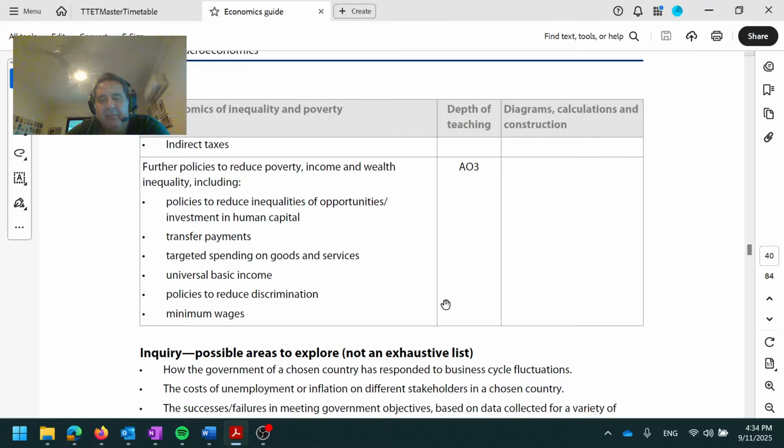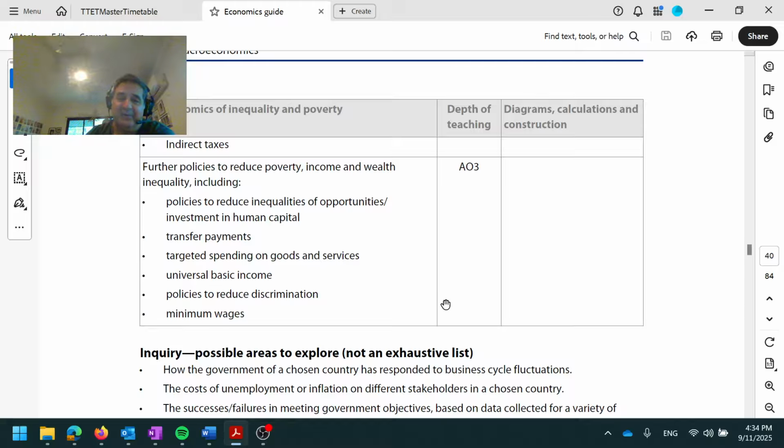Transfer payments, so whether it's unemployment benefits, sickness benefits, remember that it's just a redistribution of income or wealth from one party, a wealthier party, to a less wealthy party, just to help them buy basic goods and services. I mean, the developed world will